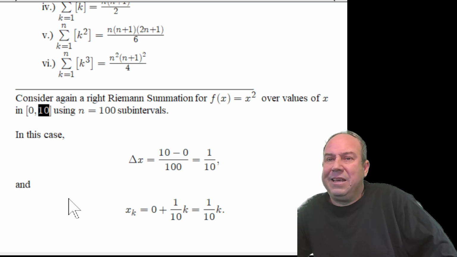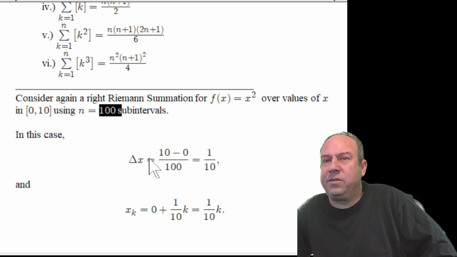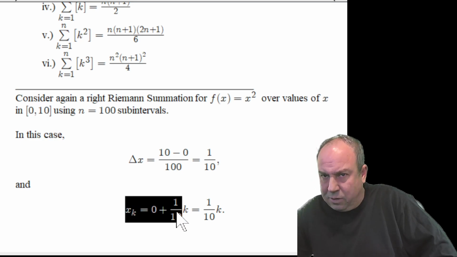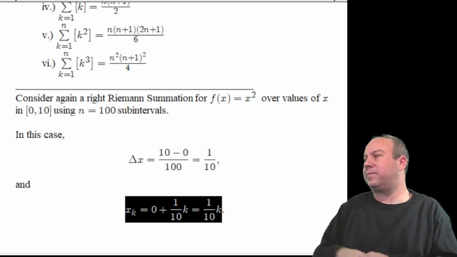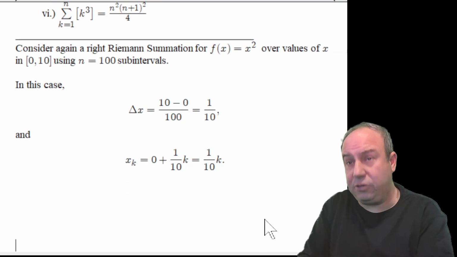All right. This is how we're going to get the rightmost endpoints on each of these 100 subintervals when we subdivide 0 to 10 into 100 subintervals. This is going to be the algorithmic process for calculating those rightmost endpoints. Now, if we substitute those into our function,